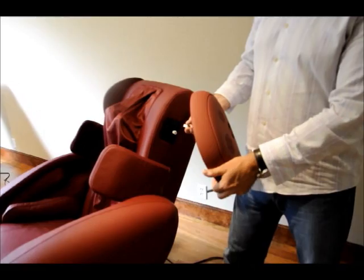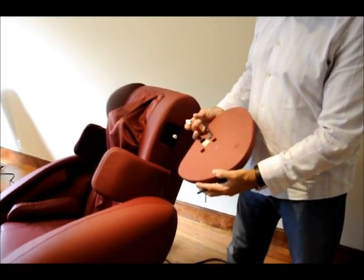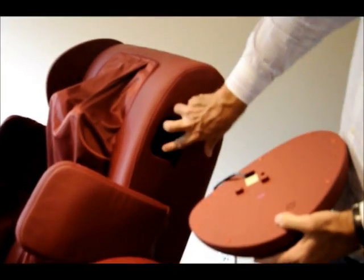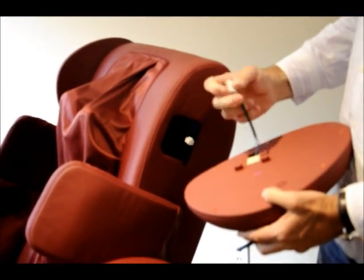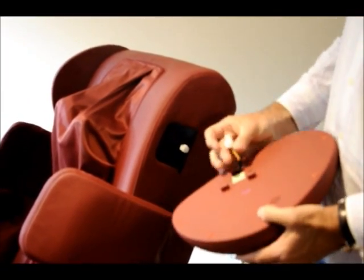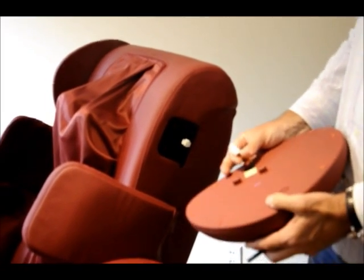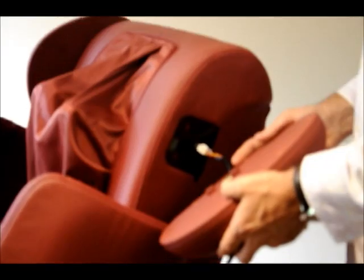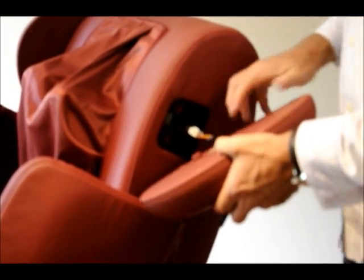There are left and right speakers. The speaker only will fit the chair in one manner. There's 2 locking pins that lock into the fitting, and the plug is behind the pin, which dictates which one is left and which one is right. First, you want to connect the connector. Line the 2